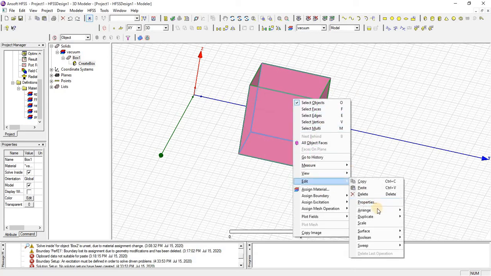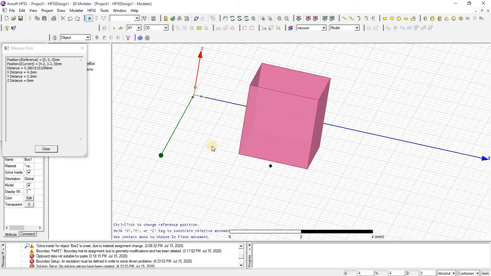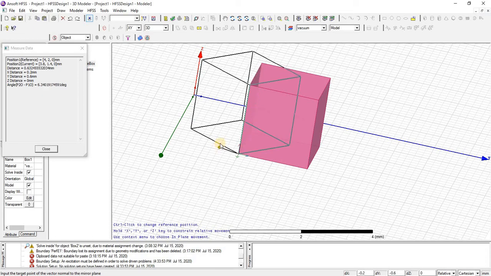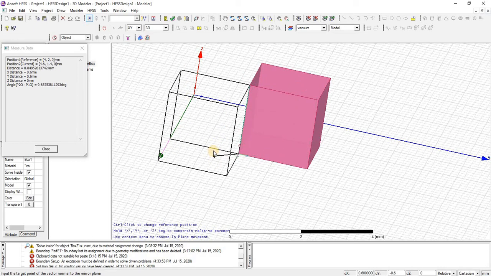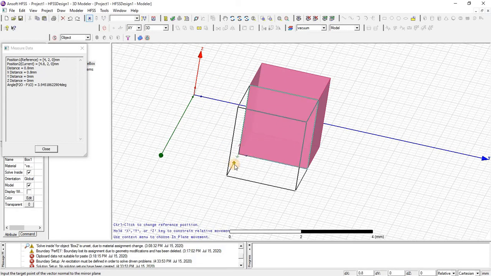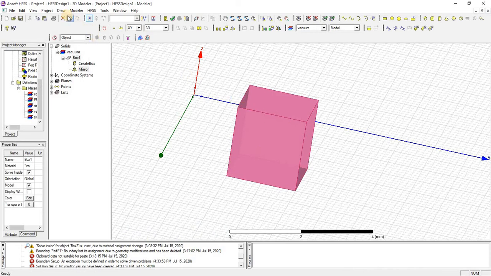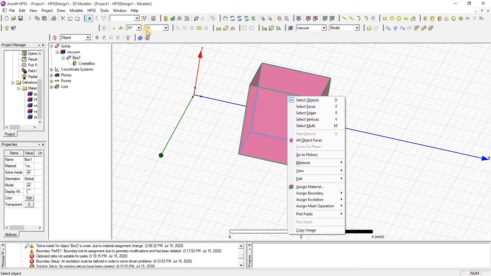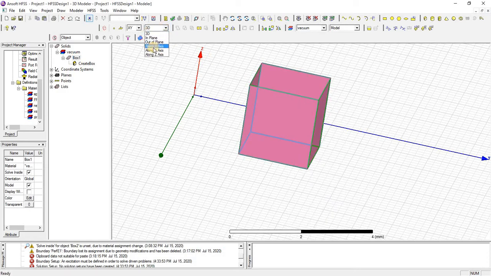Next command is mirror. First, the starting position, the position around which you want to make the mirror of that object. First select that, and I am going to mirror it along x-axis. You can also change it here from axis. If you want to move only along y-axis,